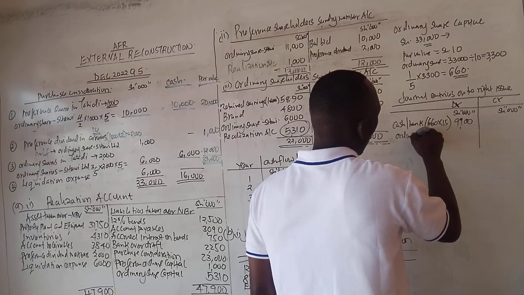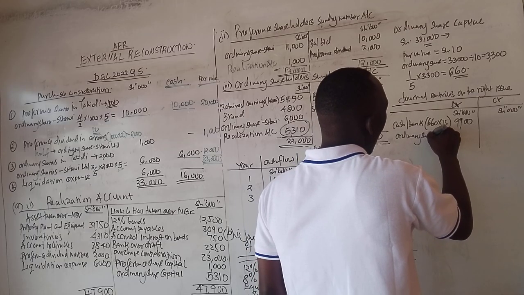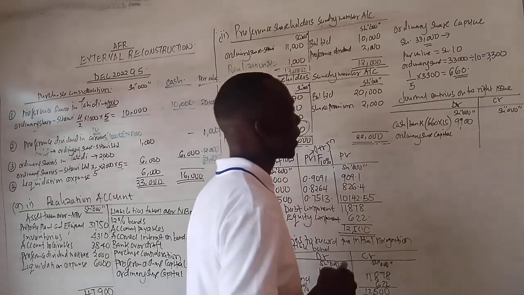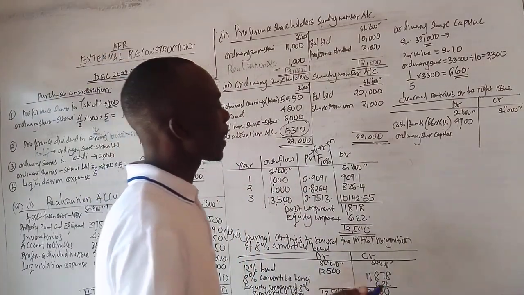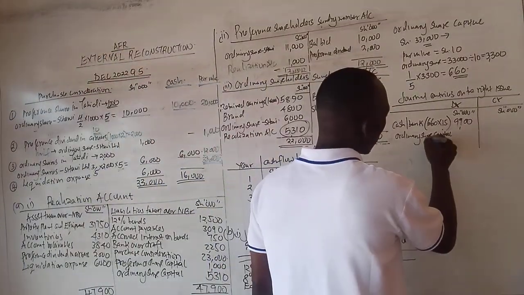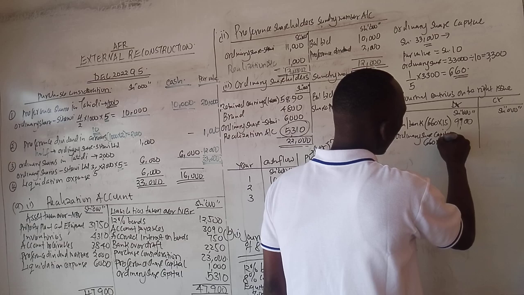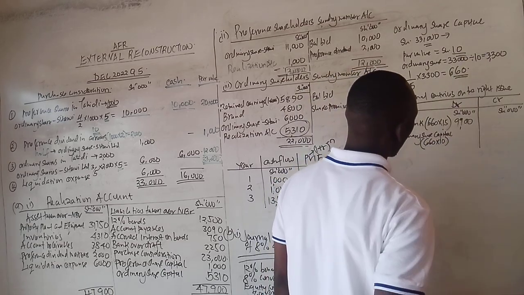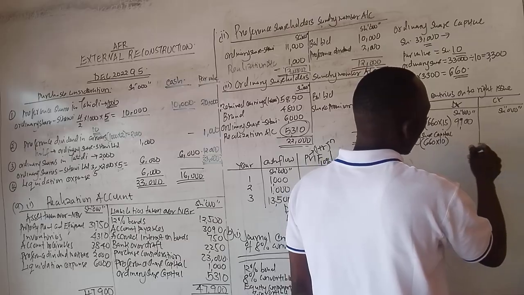Then above there, we gave them ordinary shares. The ordinary share capital is always presented at par value. So it will be 660 multiplied by the par value. The par value was 10 shillings. So the ordinary shares will be